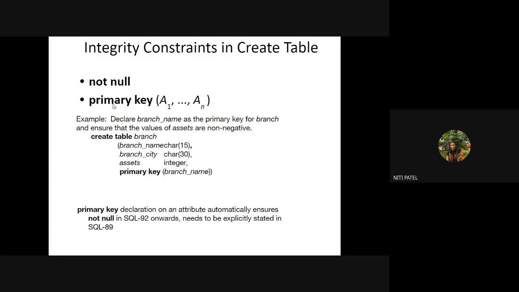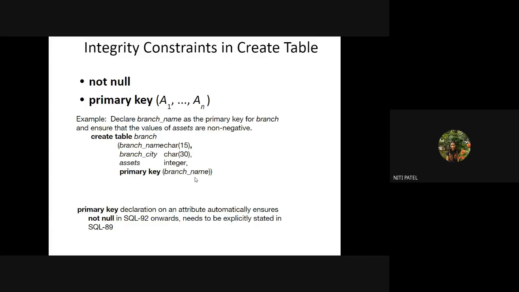So how do you define an integrity constraint primary key? Primary key, open the bracket, attribute name, close the bracket. So primary key, open the round bracket. Which column do you want to make a primary key? It is selected as branch name. So write the name of the column which you want to make the primary key. Close the round bracket. Again close one more round bracket. Why one more round bracket? Because I don't want to add anything more. I want to close the command there. Therefore, I will close the round bracket and end it with the semicolon. So this is one way where you can add the integrity constraint.